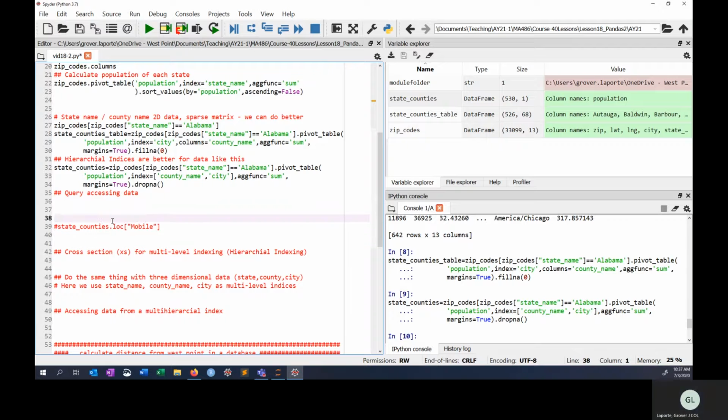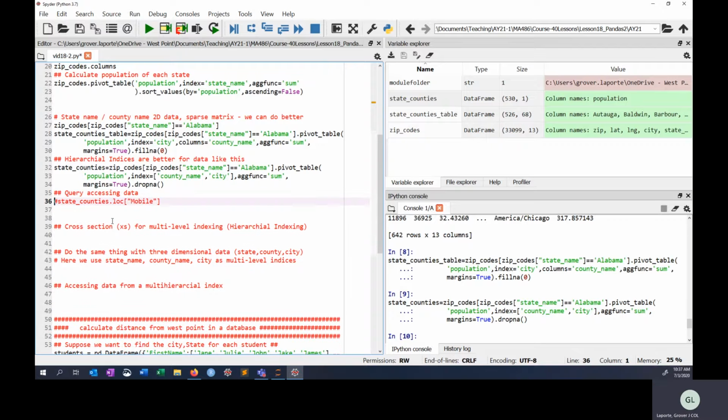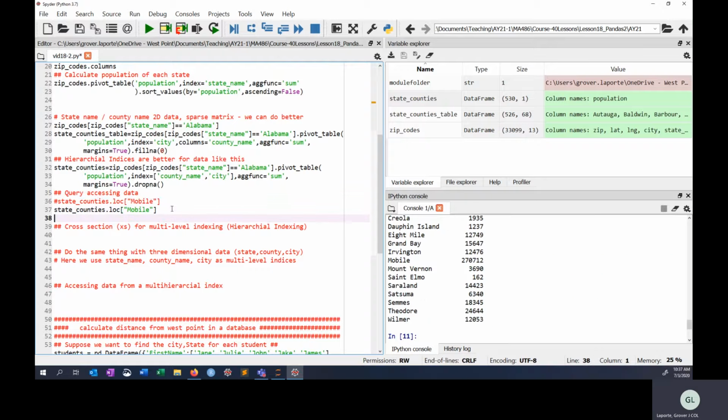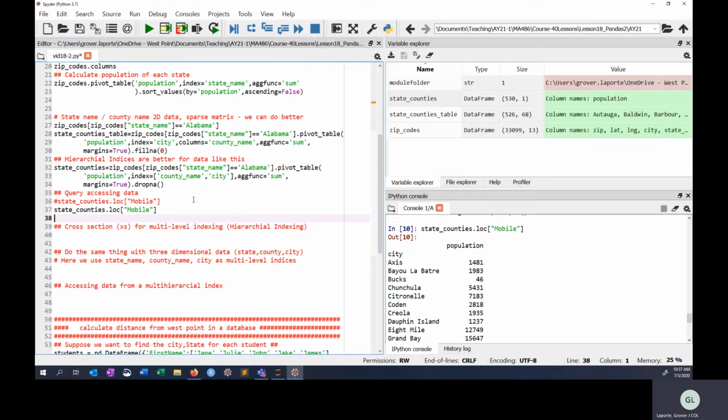So that was going to be my first line there, right? I wanted to access this. I believe this one works. So that works. If you use dot loc, dot location, it's the first level of your indexing. Oh, let's do this too. State